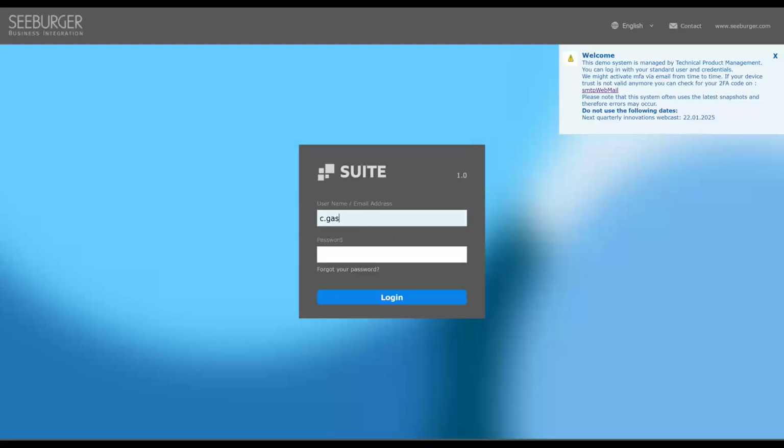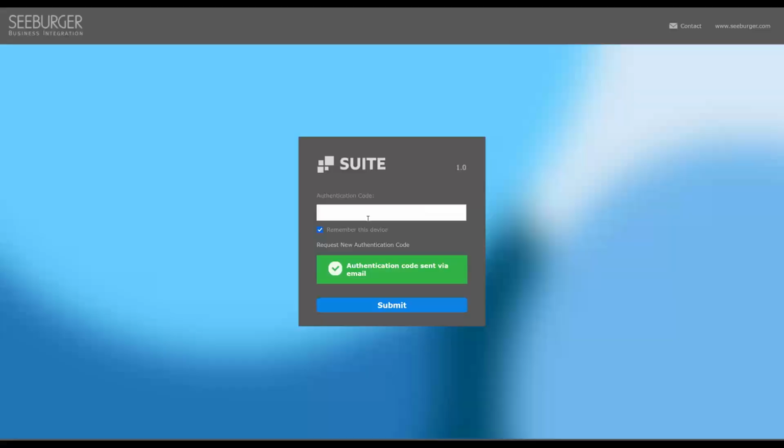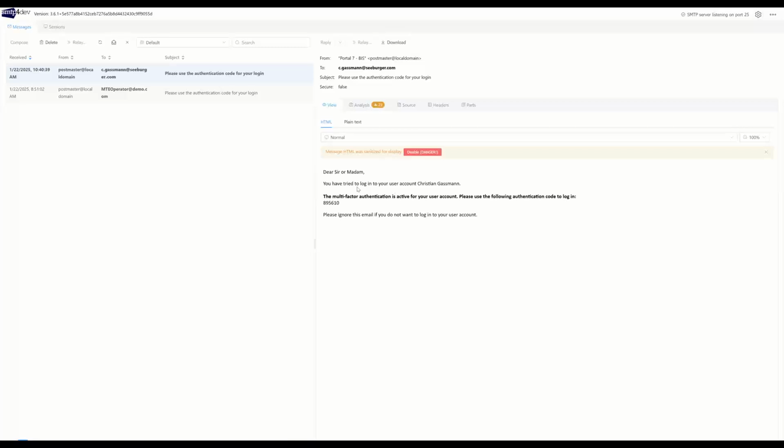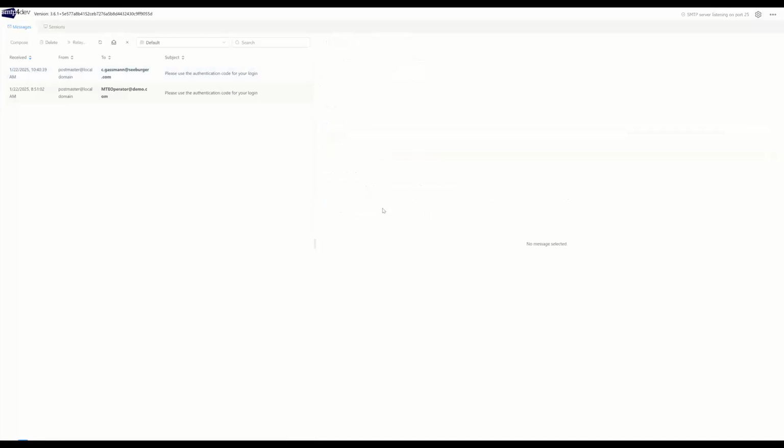So if I log in here now with a new session that is not considered a trusted device, it will show me the screen requesting the authentication code that was sent via email. I have a little email server on the side here that allows us to do this in our development environment. So I get an email with the multi-factor authentication code and can then,